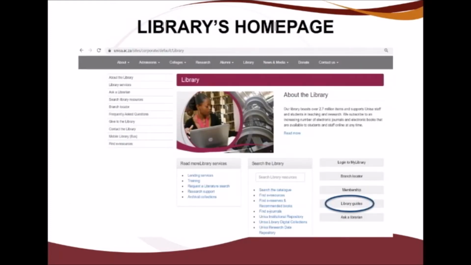You are all familiar with this page. This is the library's homepage. What are we going to do now? Because this is on referencing, you're going to go through your library guide. You go to the library's homepage, you click on library guides, and remember these are all the guides that we have,